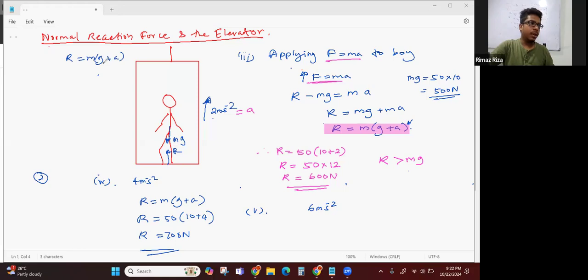It's like some net acceleration. If we get the resultant acceleration of the two accelerations, gravitational acceleration and system acceleration, they are in opposite directions, so they will subtract from each other. No, here,